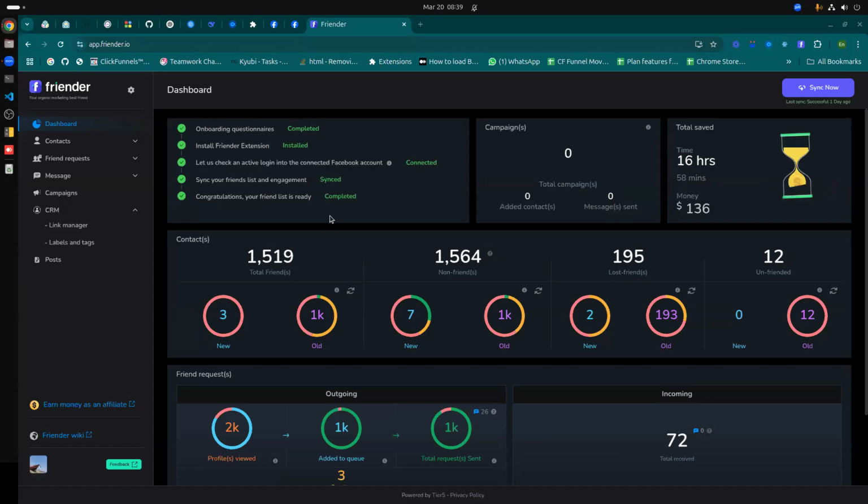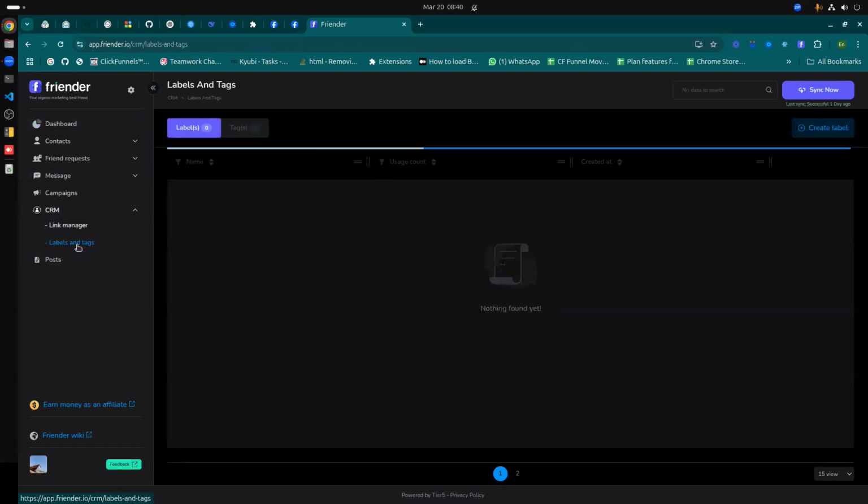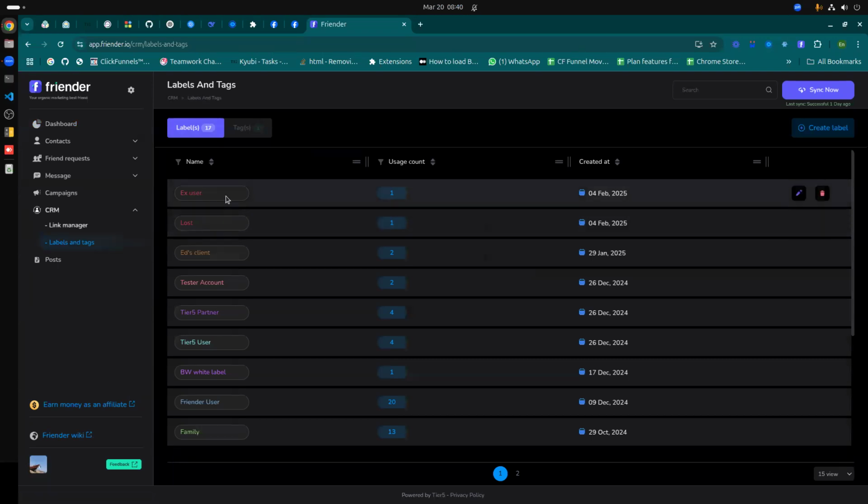Hello everyone. In this video, I'm going to show you how you can use the new feature of Render, that is levels and tags. So on the left side menu under the CRM, you will find the levels and tags submenu item, where if you visit, you will see 0 by 0, which means you don't have any labels yet